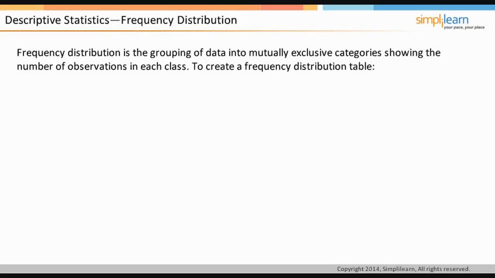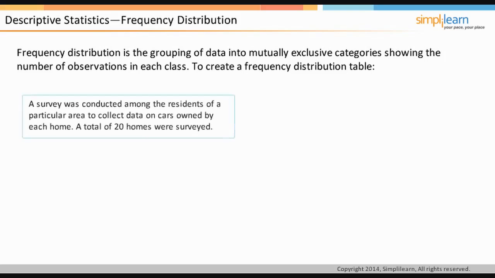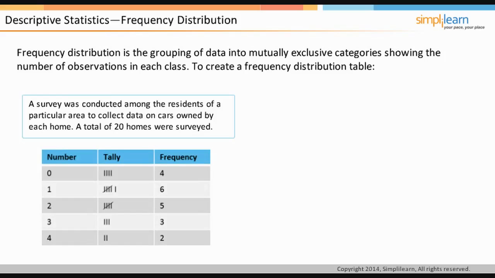Frequency distribution is a method of grouping data into mutually exclusive categories, showing the number of observations in each class. An example is presented to demonstrate frequency distribution. A survey was conducted among the residents of a particular area to collect data on cars owned by each home. A total of 20 homes were surveyed. To create a frequency table for the results collected in the survey,